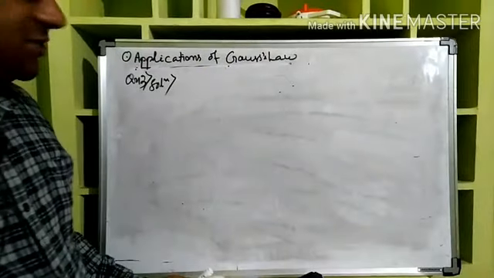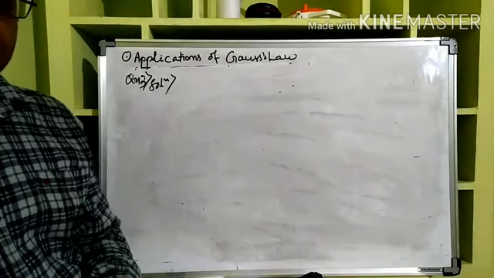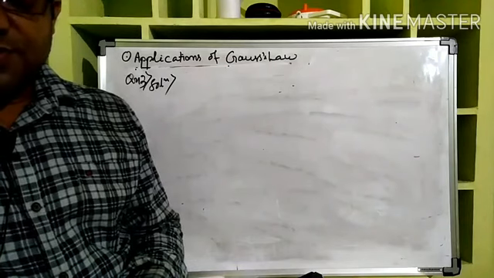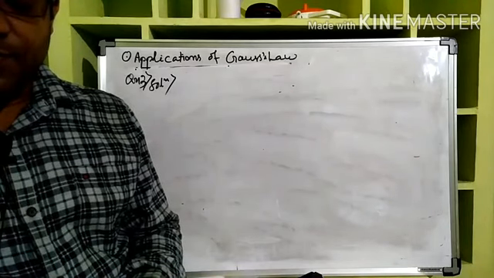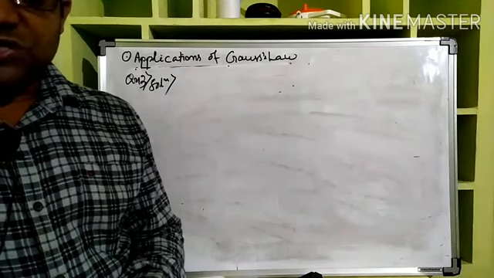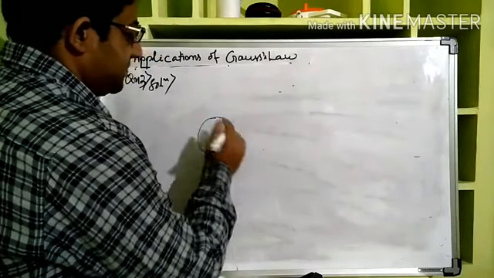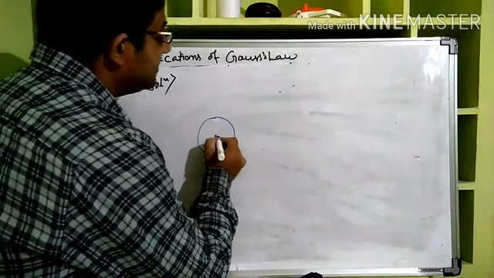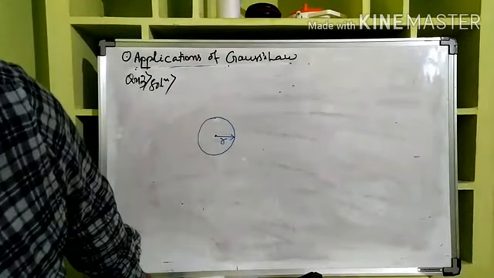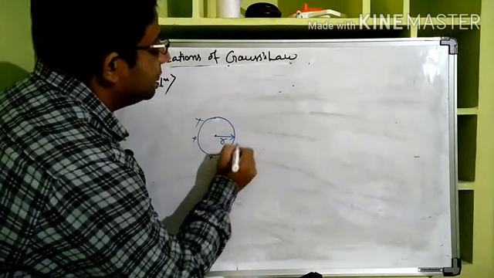Now let us take the third question, which says: a small conducting sphere of radius r carrying a charge plus q is surrounded by a large concentric conducting shell of radius capital R on which a charge plus capital Q is placed. There is a small sphere of radius small r carrying a charge plus small q,